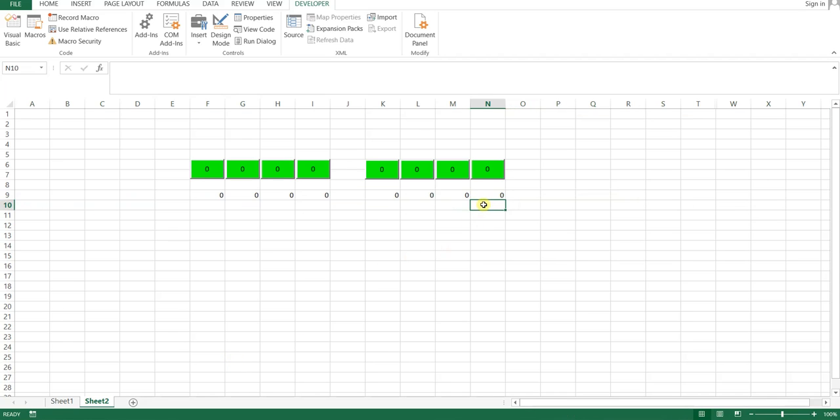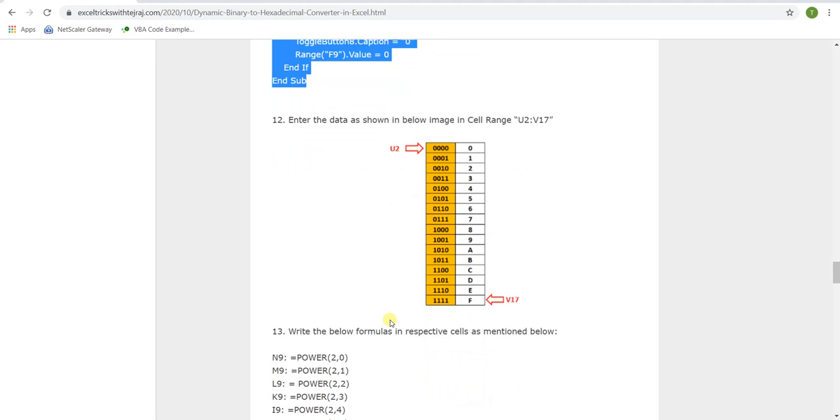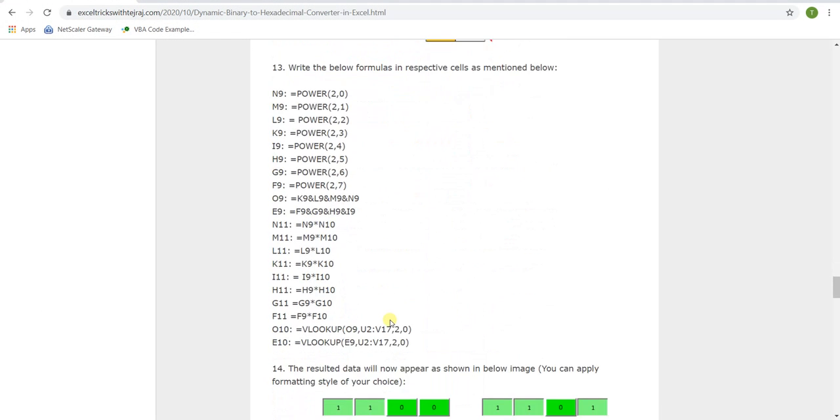now next we have to add some formulas in this. Okay, now select the cell N10, and write a formula equal to power 2 comma 0. Okay, select cell M10 and write formula power 2 comma 1. Okay, all these formulas also I have provided here in my blog post, so no need to